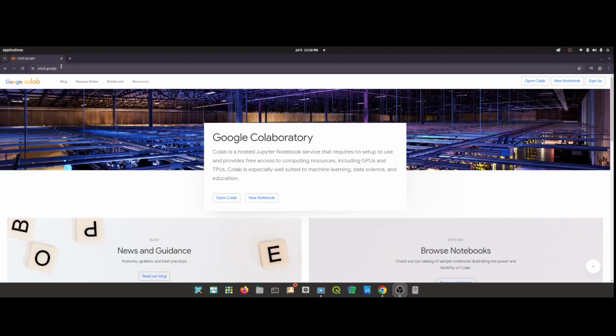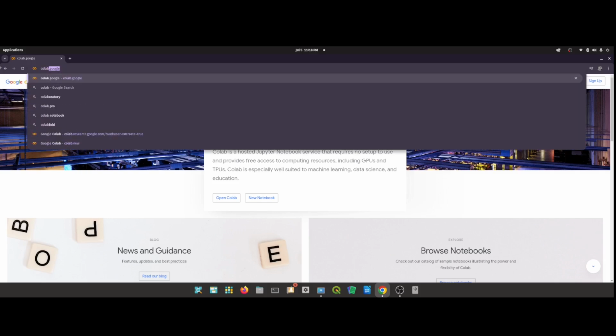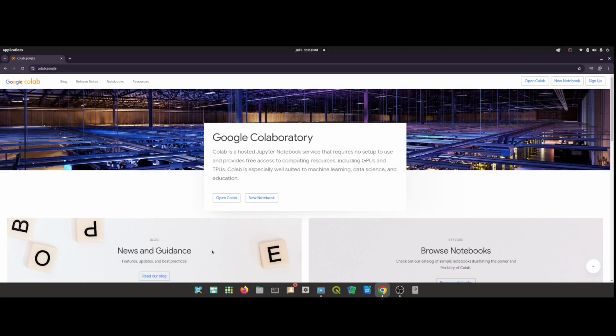So to get to Google Colab, all you need to do is type colab.google. And when you go to colab.google, you basically have two options. Either you can open Colab or you can open a new notebook. If you're starting with a new notebook, you just click on the new notebook. If you want to go back to a notebook that you already have started and want to change it, then you go to Google Colab. So if you go to new notebook,